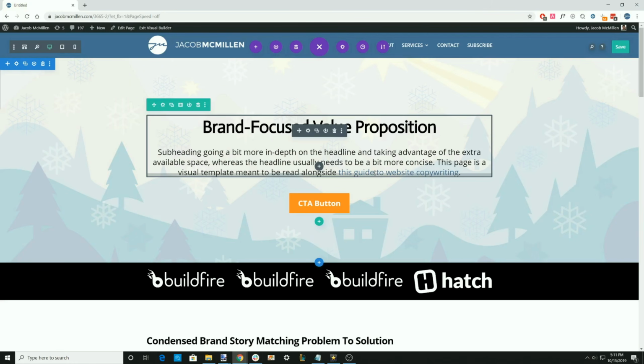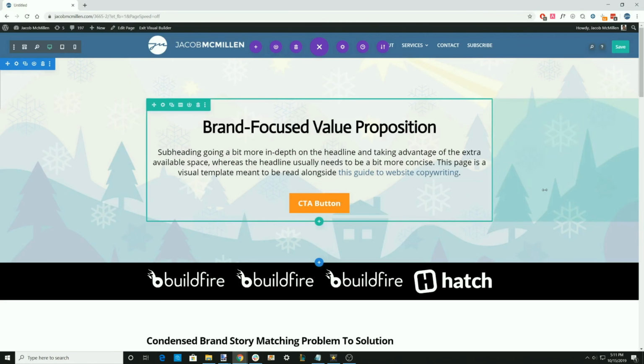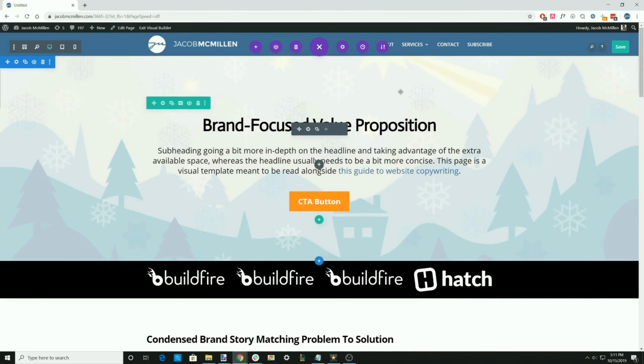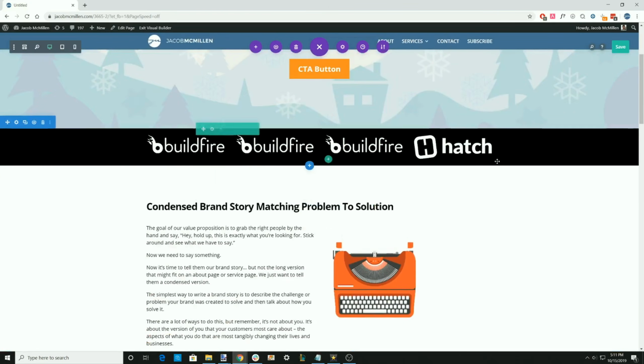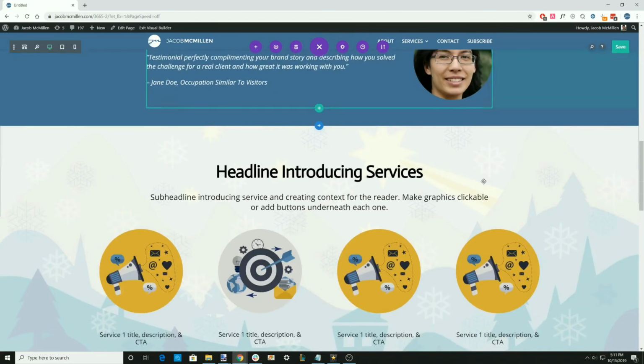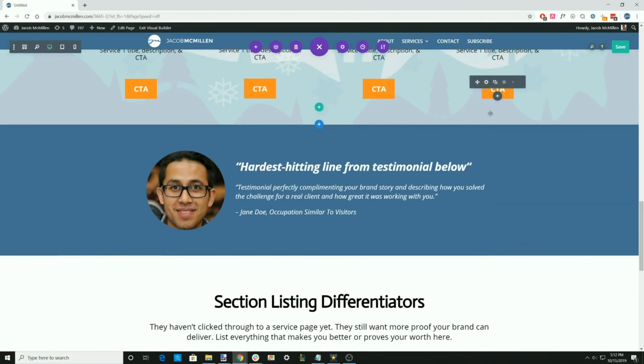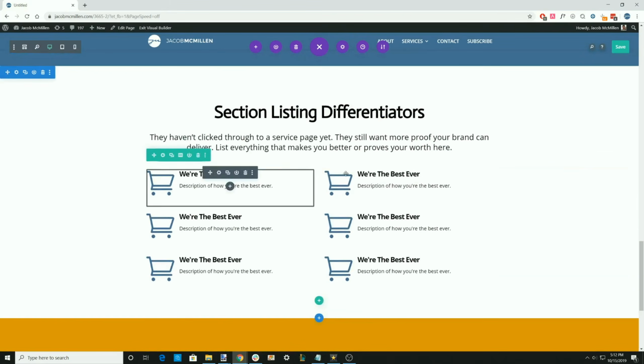Obviously, if you have the copy pre-written especially, this was, I don't know exactly how long we've been on here, but maybe 15, 20 minutes. So, value proposition, little social proof, brand story, more social proof, services, redirect. We're trying to redirect them to the right spot where we can give them the full targeted pitch specifically for them. More social proof, throw anything else that we have to verify,